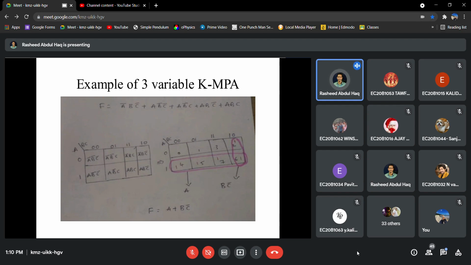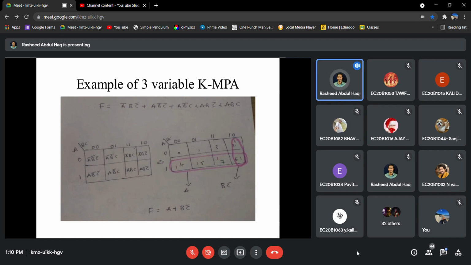So you assume this is the truth table: 1 0 1 0, and all the last four are 1. Then we will have a 1 at the first position also. Then we can group this into 4. The first 2 and the last 2 will be grouped, and it will become a plus c. The output will be a plus c.